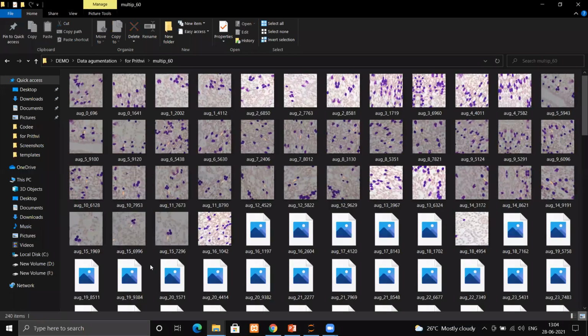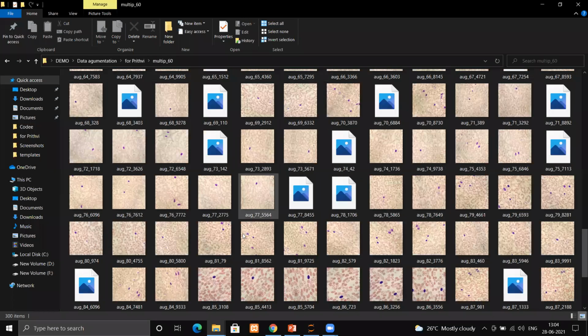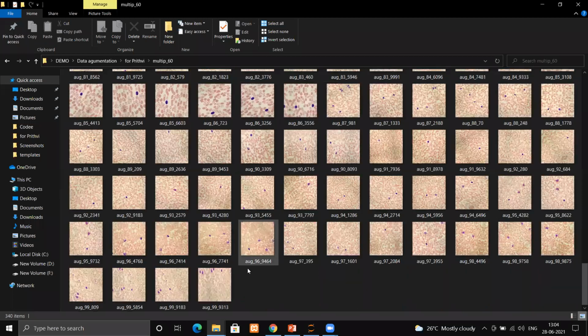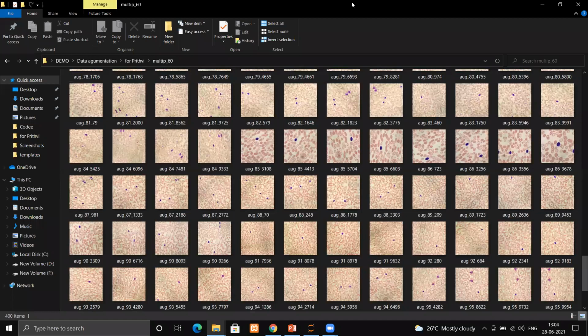Yeah, it's getting generated. 400 images have been generated.